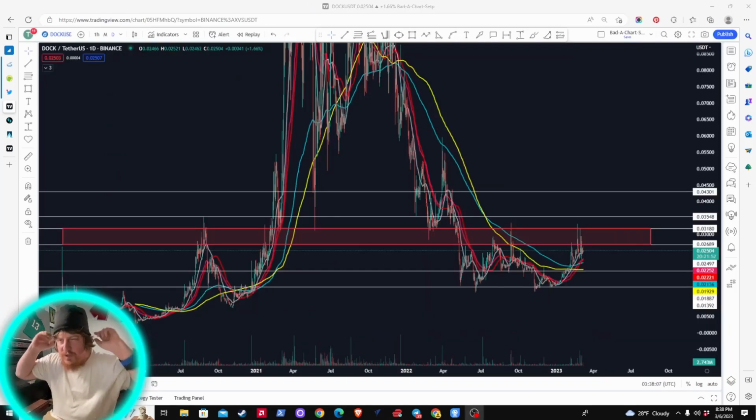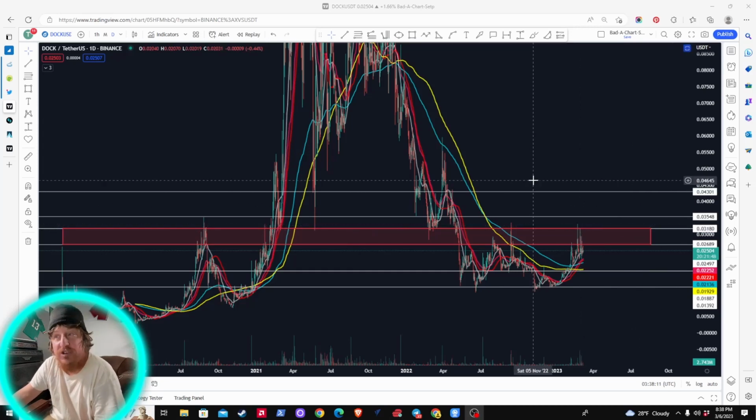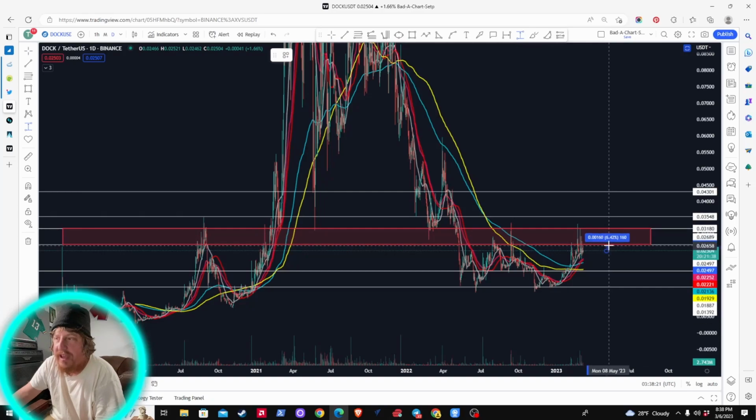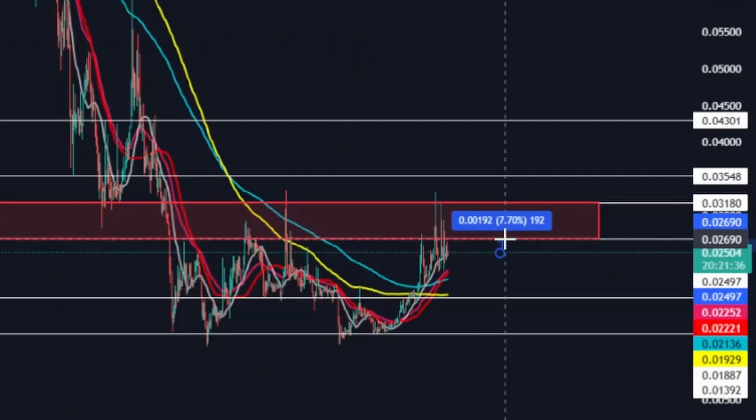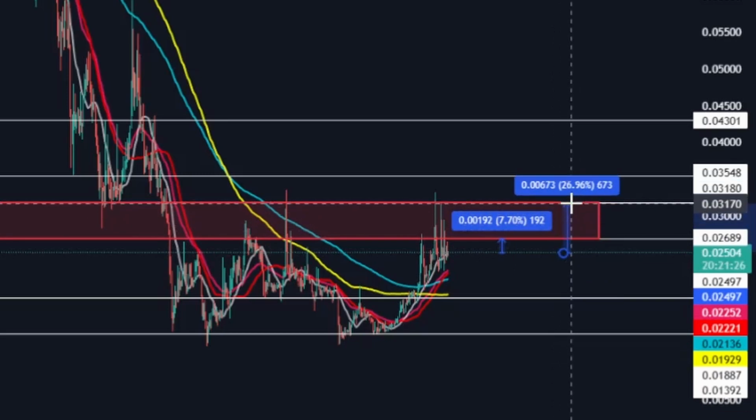So as we zoom in, one bit of a strike against Doc is that it is just below major resistance, as we talked about: the underside of the zone being around 27 cents, the upper side being just under 32 cents. However, between where price action is now and the underside of that zone still leaves potential for about a 7.5% gain if it were to break to the upside. And to the upper end of that zone, you've got as high as a 30% gain,